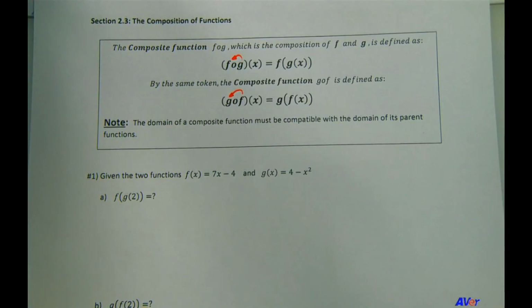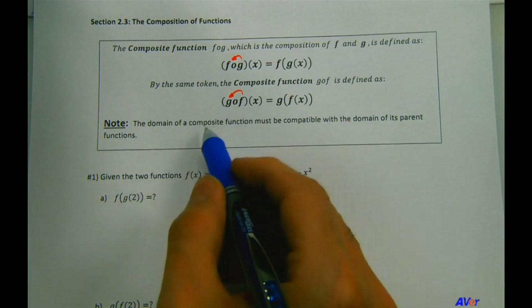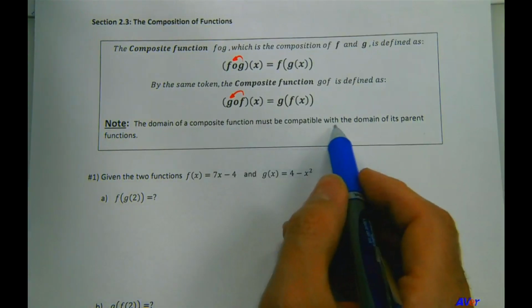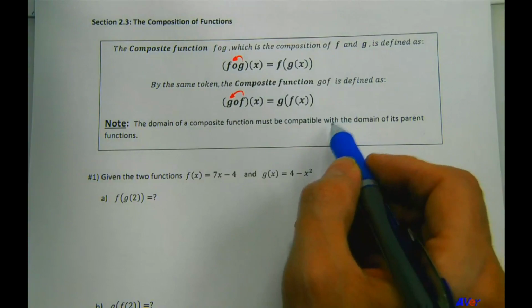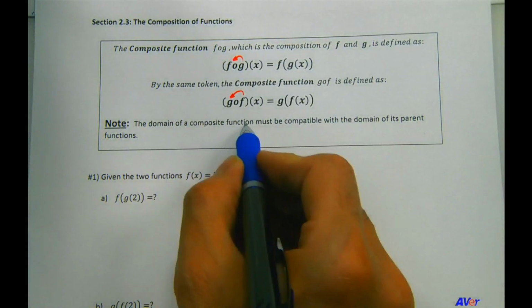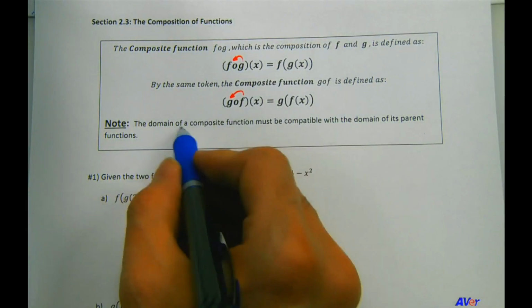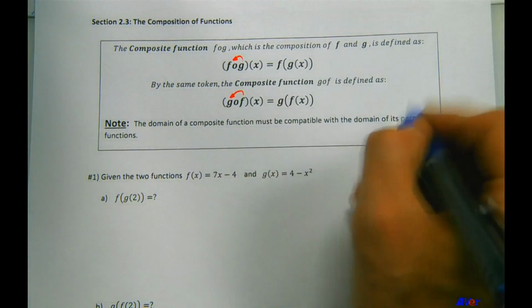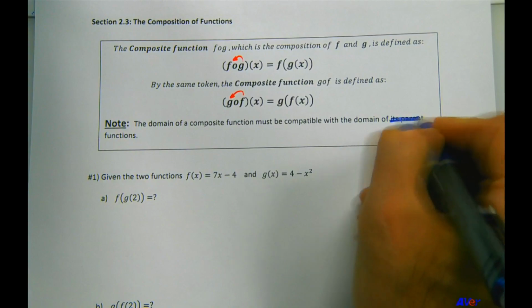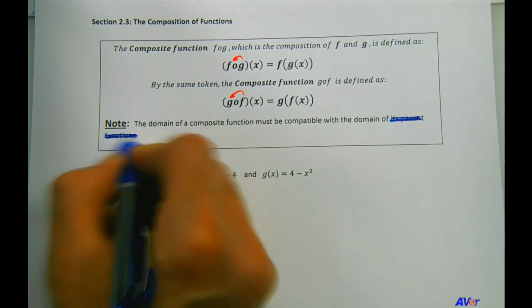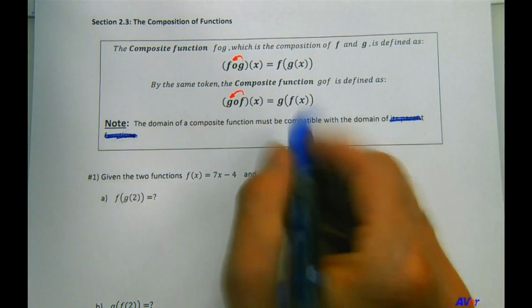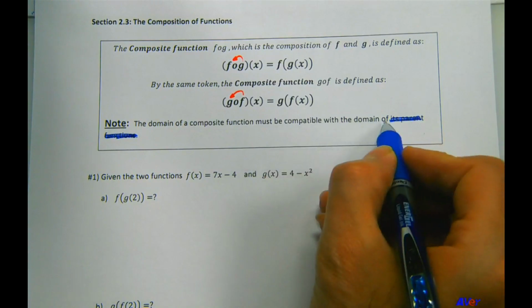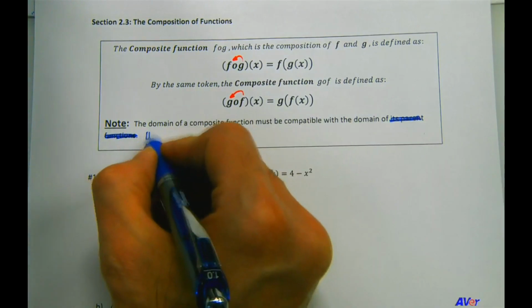And of course, I might have had this because I copied this from the other worksheet. So the domain of a composite function, let me correct this. The domain of a composite function must be compatible with the domain of not its parent function. That's the combined function. Let me correct that, please. Must be compatible with the domain of the function